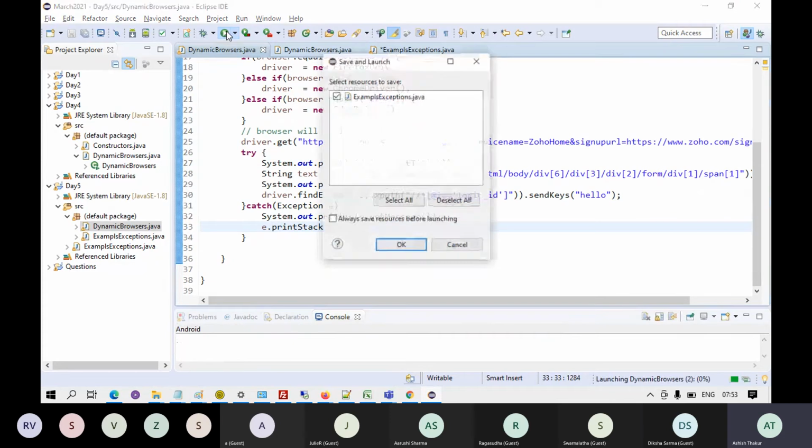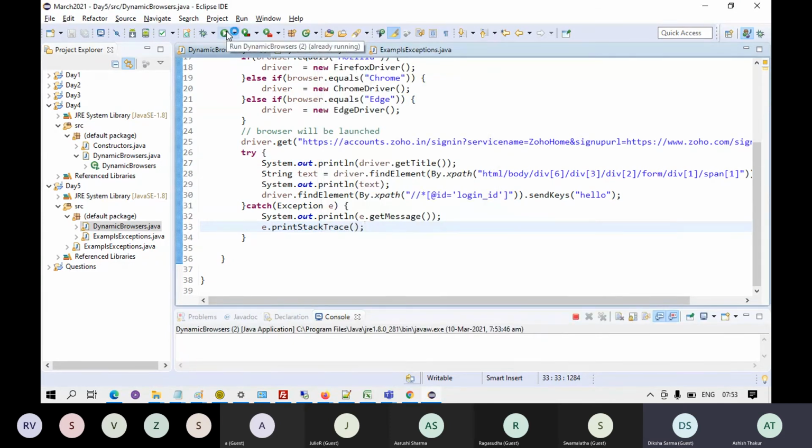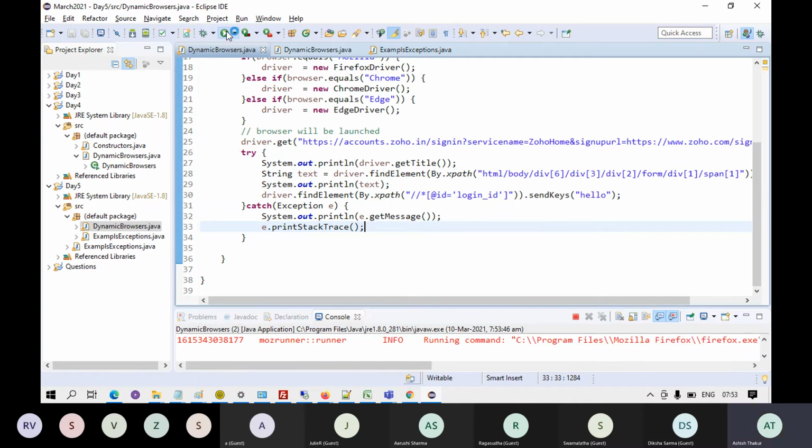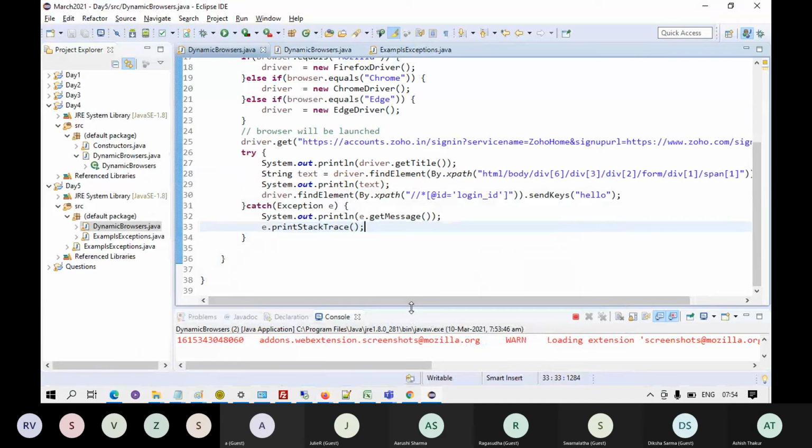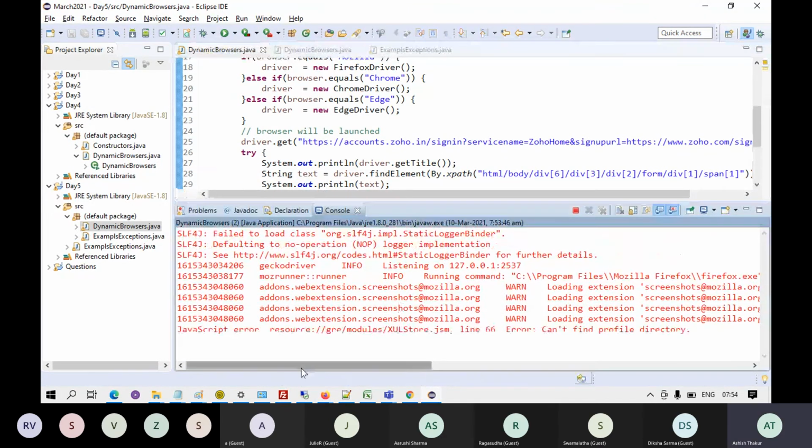So when you run this code, hold on. Yeah, it's launching the browser.